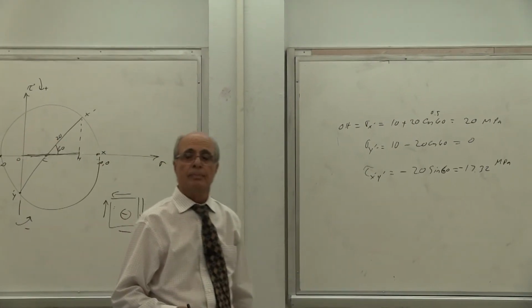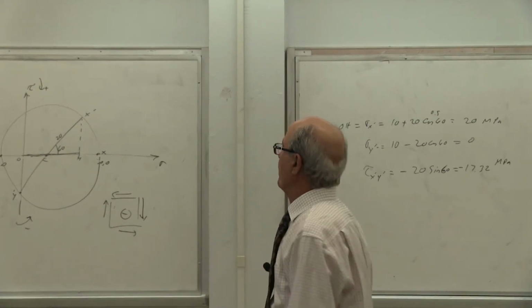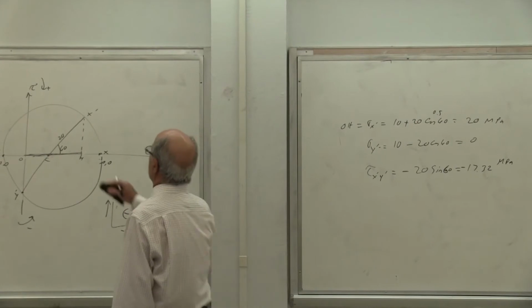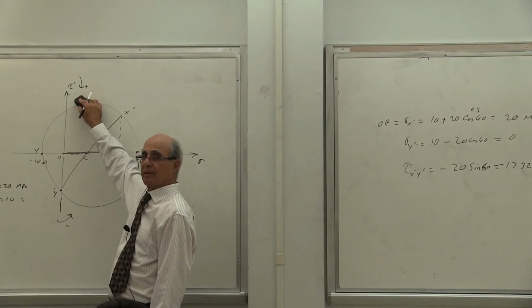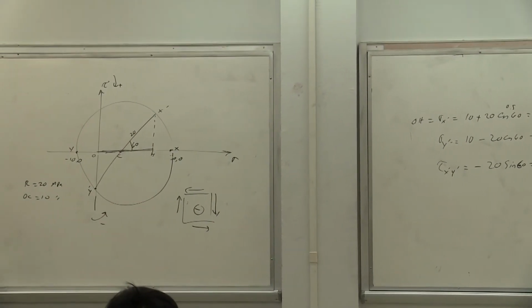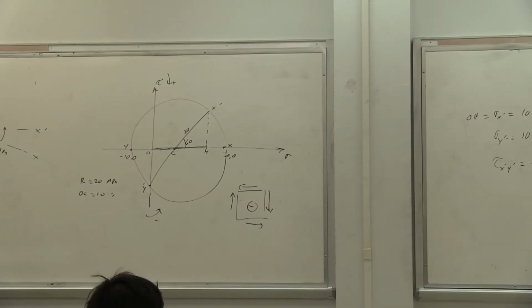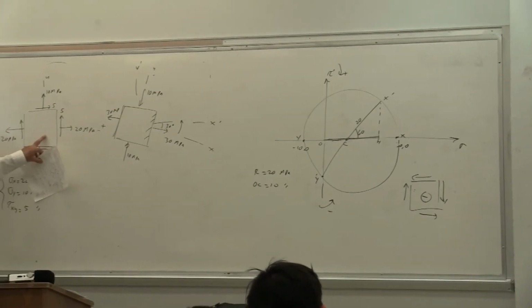Can you repeat that? Can you explain it one more time? Could you explain one more time why it was negative? Do you understand this one first? Yes or no? Be frank. Yeah? See, when we draw it like that, look at this one. Tell me, what did I write here? Is this plus or minus for our sign convention?